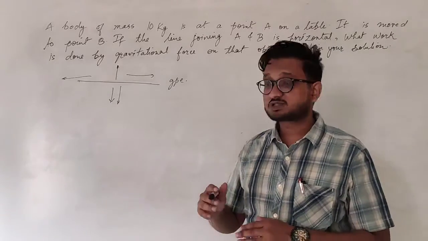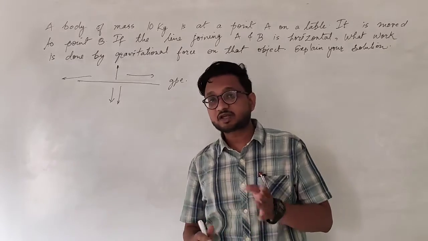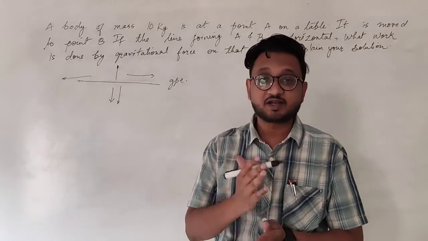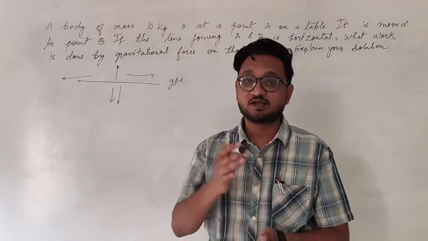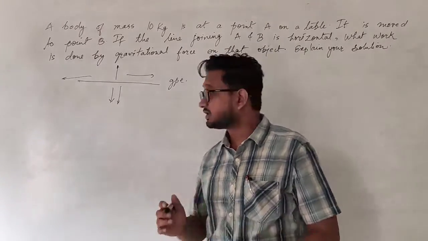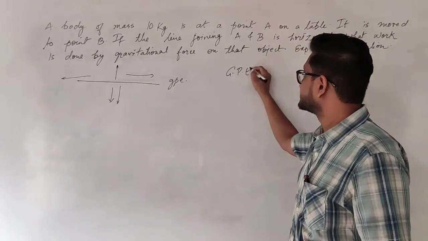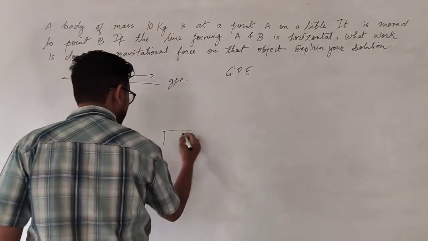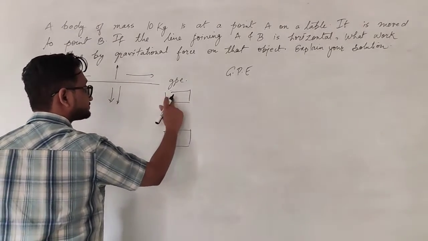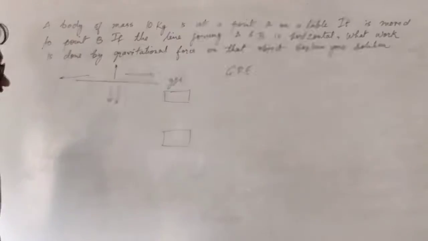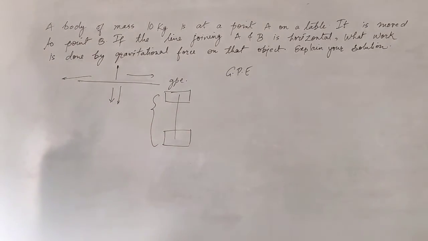Because the gravitational force is acting on the object in the downward direction, we can only calculate the energy changes in it if it is going in the upward direction or in the downward direction, that is, the vertical direction only. If you remember, when we did the derivation of gravitational potential energy, we also studied that if the object is moved to a certain height, let's say this height, then we see the displacement of the object, that is, the height changes.